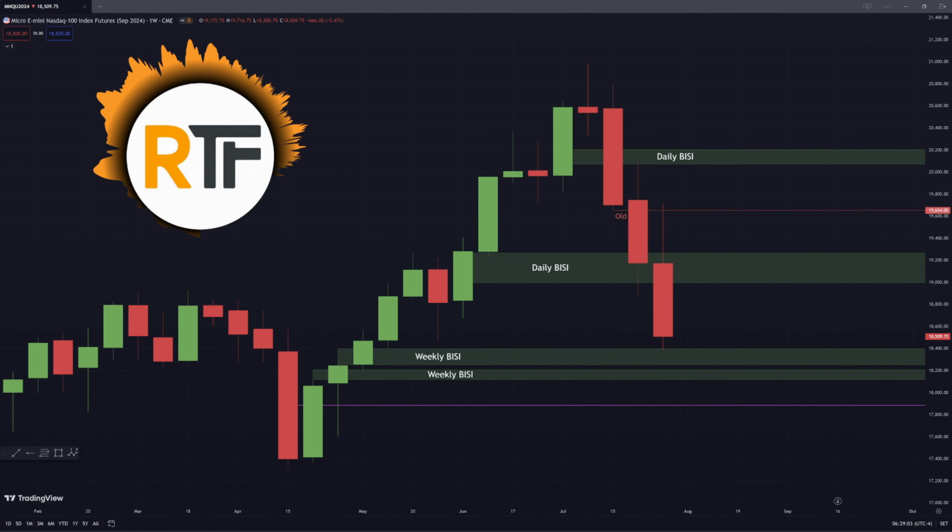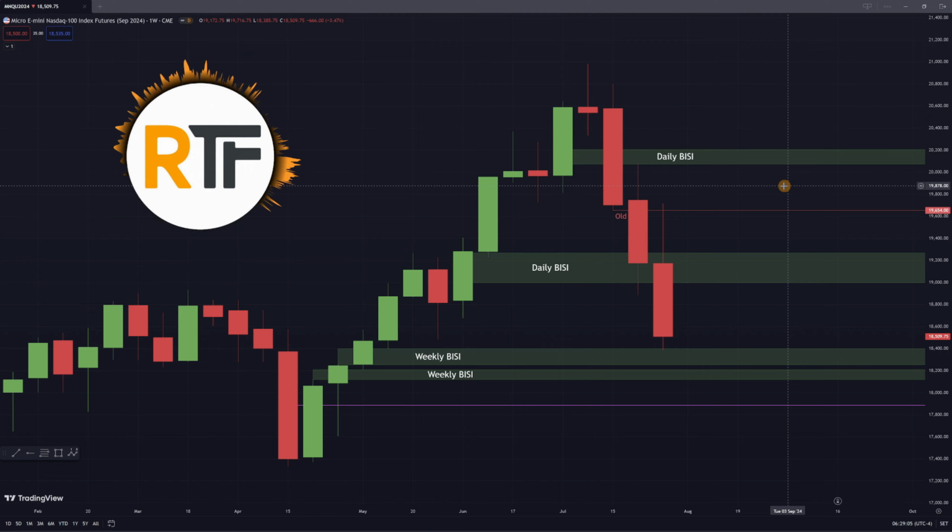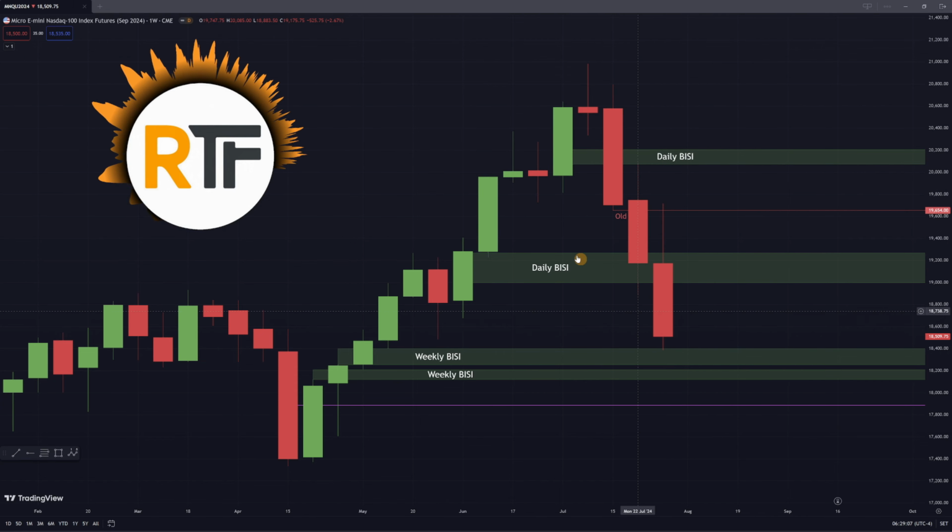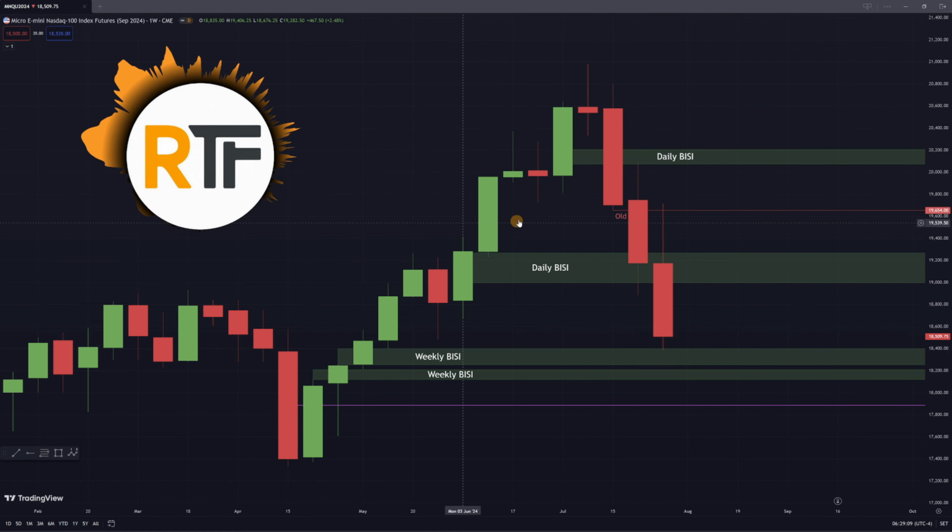Okay, moving on to Nasdaq, here's the weekly chart, and for the past few weeks we've had a lot of decline. We've come down and traded through this fair value gap, we traded through this weekly order block, and we came back into this weekly fair value gap. So we could see some retracement, but if I'm looking for any lower targets, we have another weekly fair value gap. We have this order block with the mean threshold, so that could also be a target. And of course, we could be looking at the sell side liquidity below this swing low.